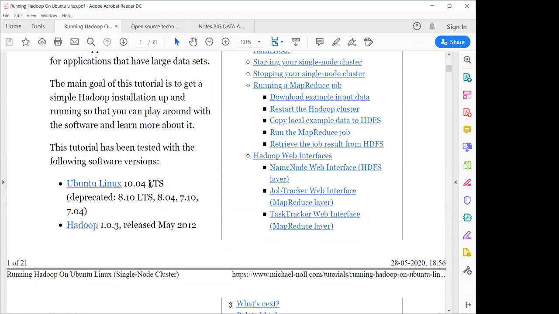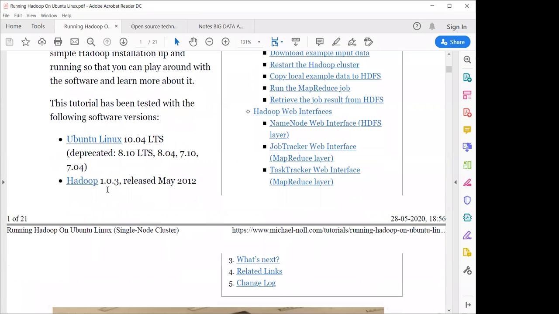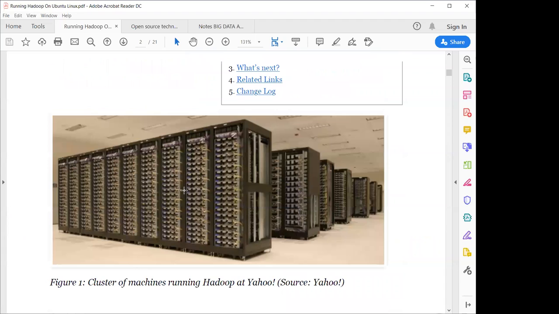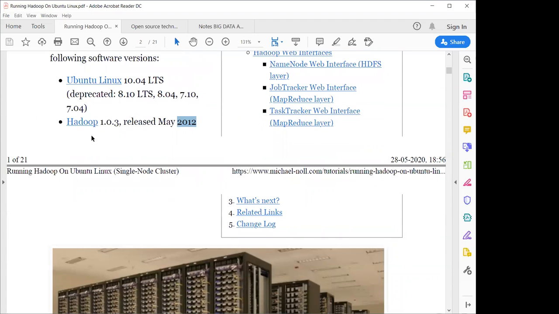You can install the Hadoop modules, but I recommend that you go for the newer version, based on your computing device configuration. It is defining the Hadoop 1.0.3 release, but you should go for the latest one because that is a much older version. The process is the same, but when you're going for Hadoop 1.0.3, let us take Hadoop